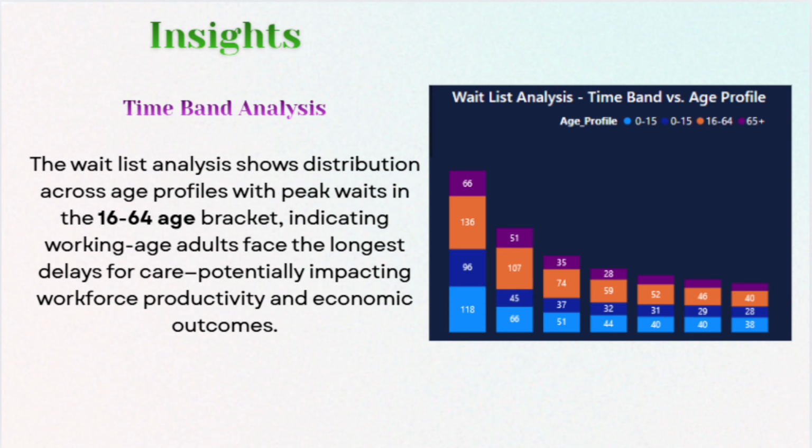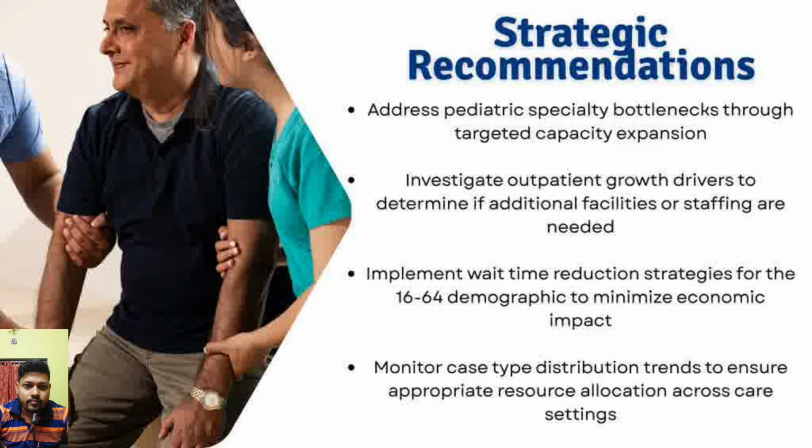Let's go to the strategic recommendations. Based on these insights, I have 4 strategic recommendations. First, address the pediatric specialty bottlenecks through targeted capacity expansion. Second, investigate outpatient growth drivers to determine if additional facilities or staffing are needed. Third,